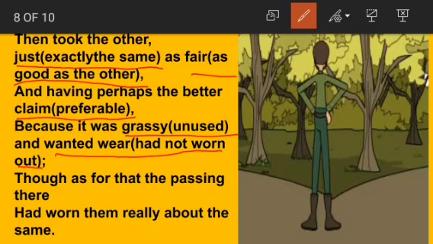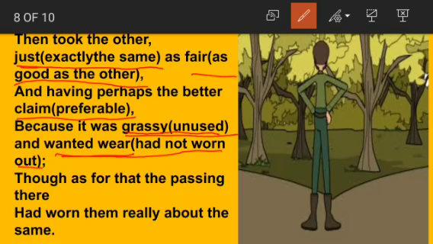So in this stanza, the poet says that both the paths were equally good. Just as fair means they both were equally good. And having perhaps the better claim, he felt that this path was better for him. Which path? Which was grassy, which was unused, and which wanted wear. So he felt that this path was better for him because not many people had